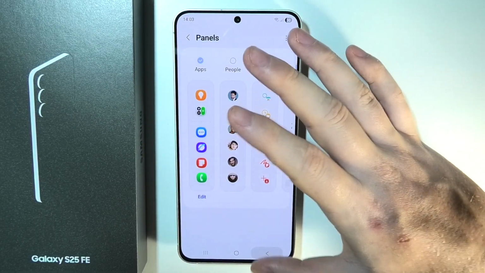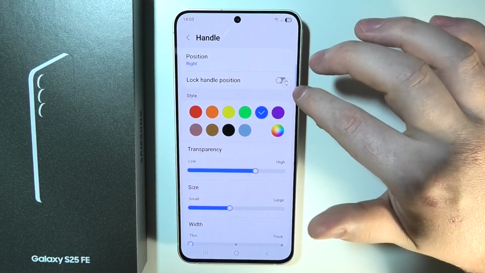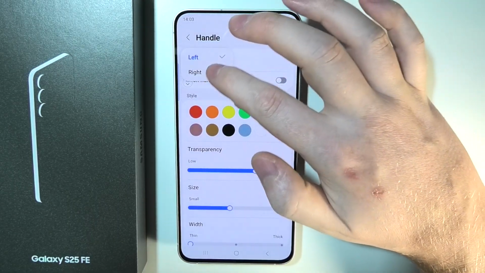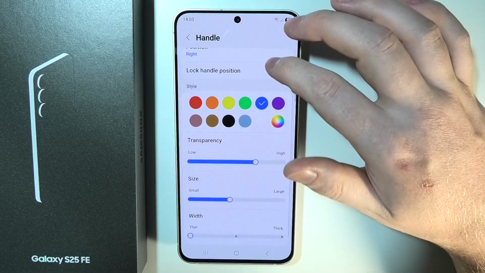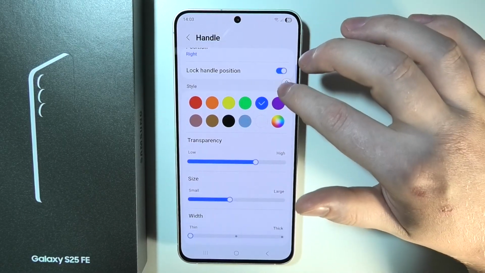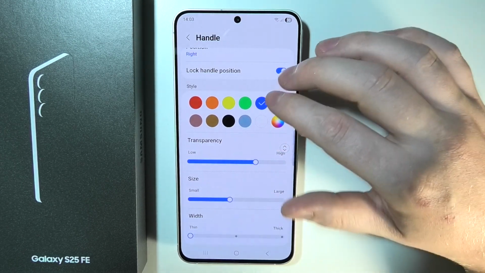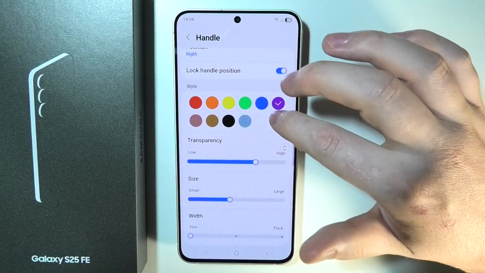Then the next thing is handle, which allows you to customize how the handle will look. You can change the position to the left side or right side of your phone. You can lock your handle position like this, and if it's not locked, you can then move it around. Then there's style, which allows you to change the color for that edge panel,